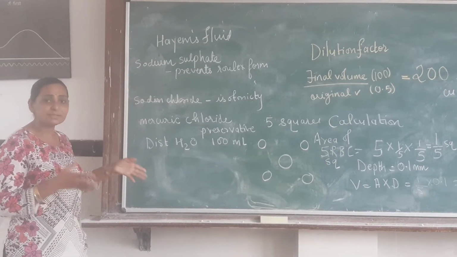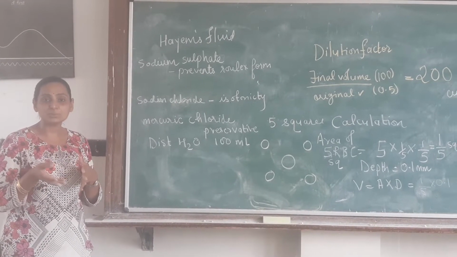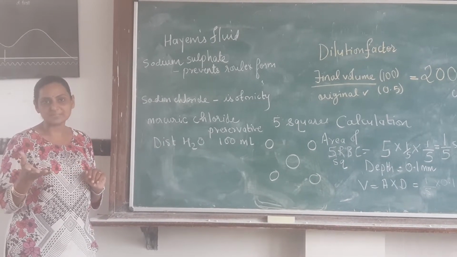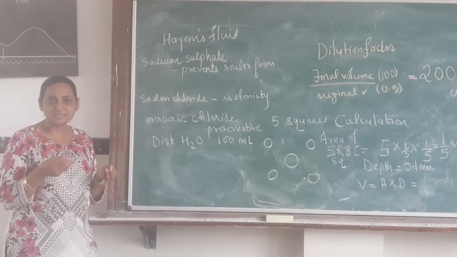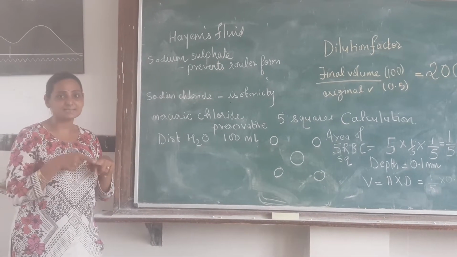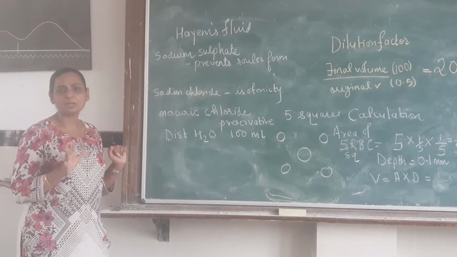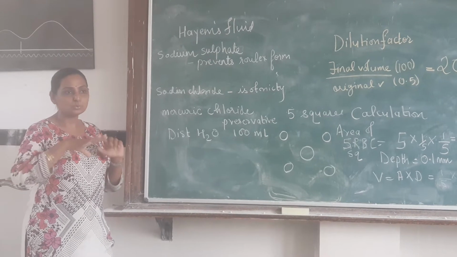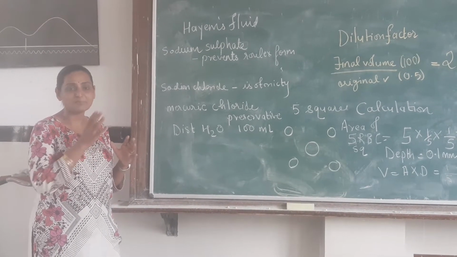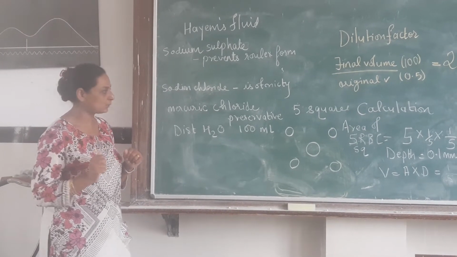Now here nothing is given to lyse the WBC, because the ratio of RBC to WBC is very high: 1 WBC to 700 RBC. So even if 1 or 2 WBCs are counted, it will not matter. But in WBC counting you will have to lyse the RBC so that it does not interfere in counting. In RBC counting it is not mandatory to destroy the WBC, because the count is very high. The ratio of RBC to WBC, 700 to 1, will not interfere with your counts.